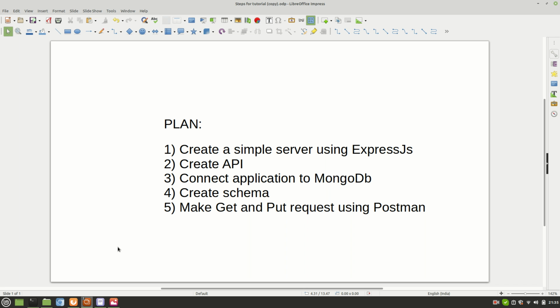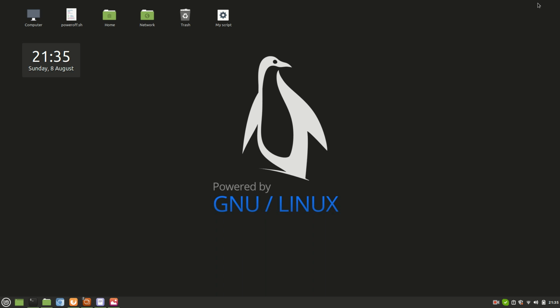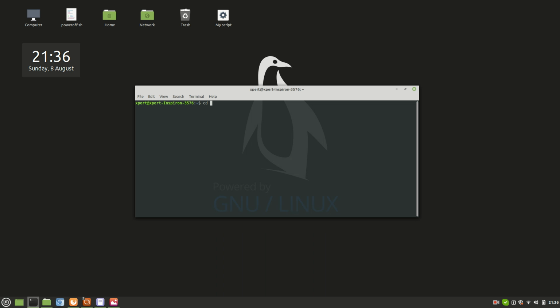Without wasting any time, let's create a new project folder. Let me minimize this. We don't need this anymore. Okay, I'll open a terminal, cd documents, and sorry for this noisy keyboard. Cd documents, and then here I'll create, let's say, I'll call it Mongo app, or I'll just call it MongoDB app. Hit enter. Now I'll navigate into MongoDB app.